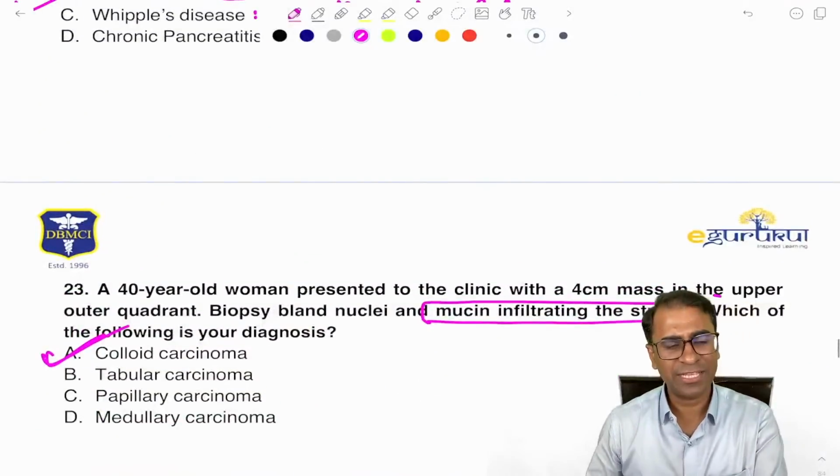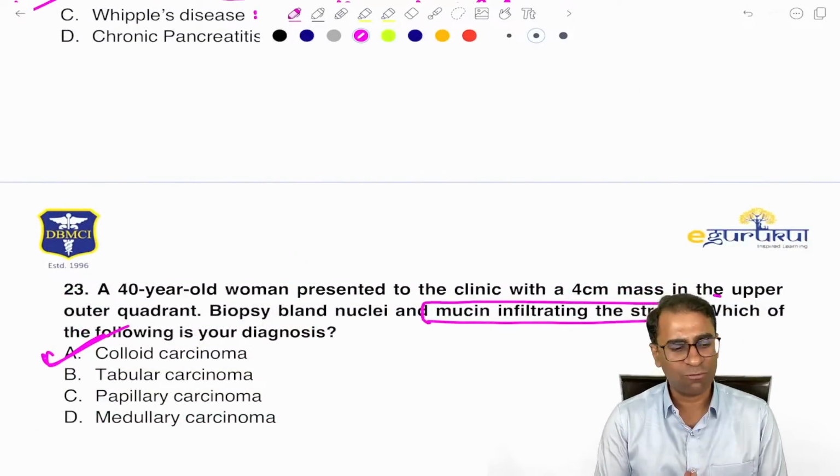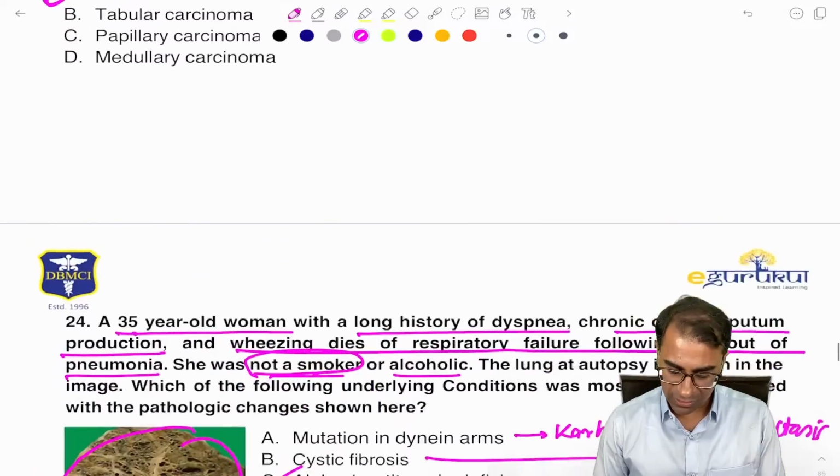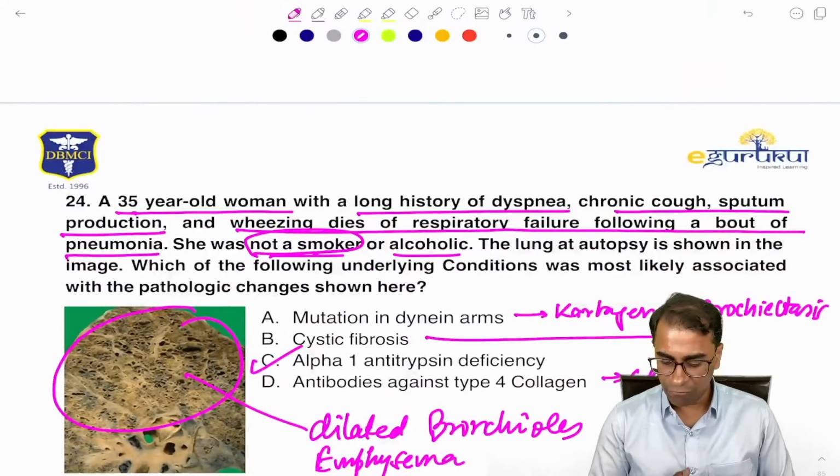Okay, till now, I don't think there's any doubt. I have been trying to solve all the questions till NEET PG 2020. This is the last one. It's a typical case of